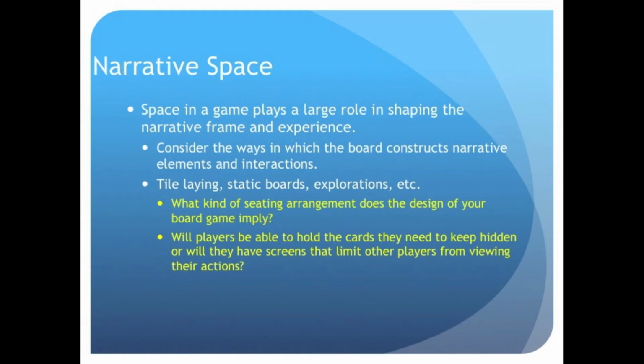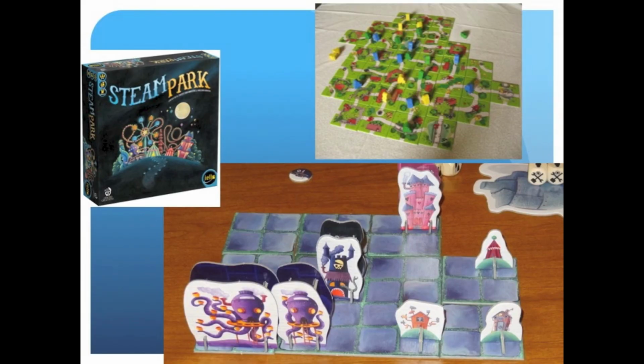So the questions you consider really fall in line with what am I going for and how do we create that experience. For example, in Arabian Nights, we have a very static board. It doesn't move a whole lot. The player interactions change that narrative. In Steam Park, which we have listed below here, you start off with a small square, and then you can add tiles onto it. So you'll notice on the right here, you can tell that there's tiles with just one building on each of them that have been added to it. But space is also three-dimensional in this context. It builds up. So it changes the way that we engage play, and space also becomes a limiting function for the game design itself.